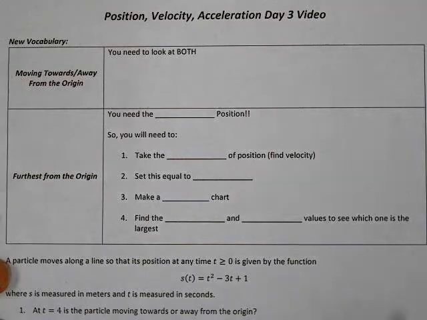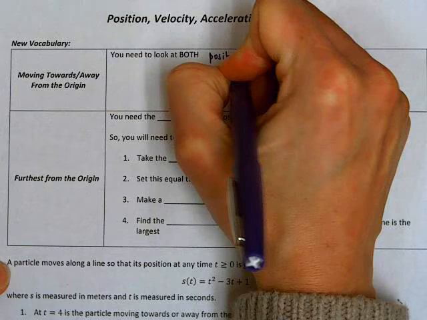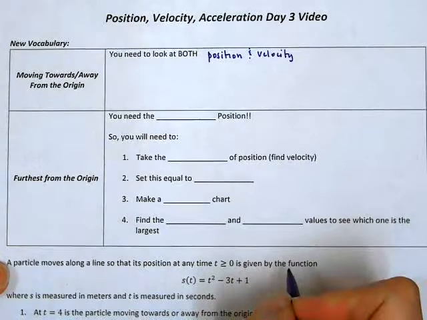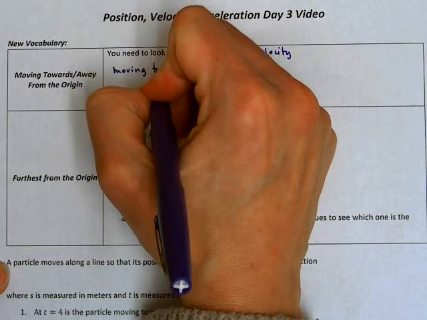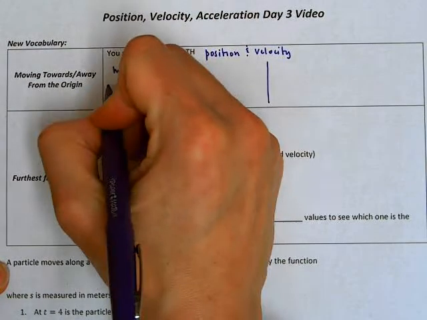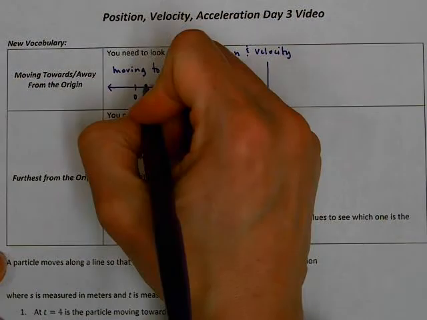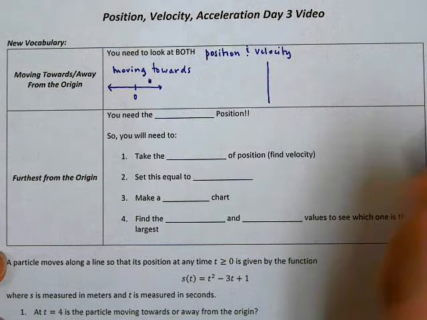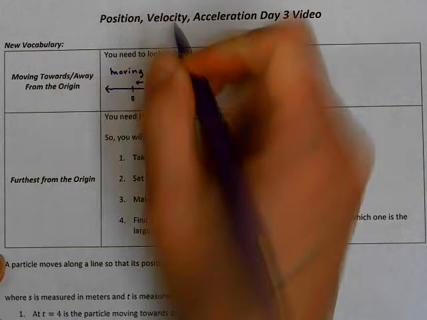If I'm going to determine this, we need to look at both position and velocity. And so here's what's happening. Let's talk about moving towards the origin. And I'm going to kind of divide this in half. So moving towards, if we think about a number line, I could be moving towards if my original position is positive. So let's say I started somewhere over here. So my position is positive, but my velocity is negative, which would mean I'd be moving to the left and